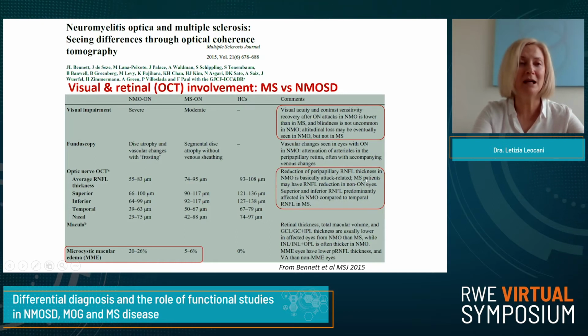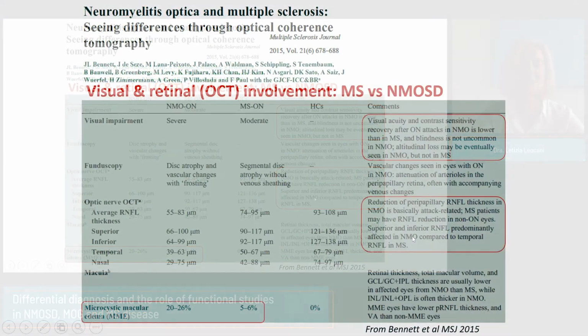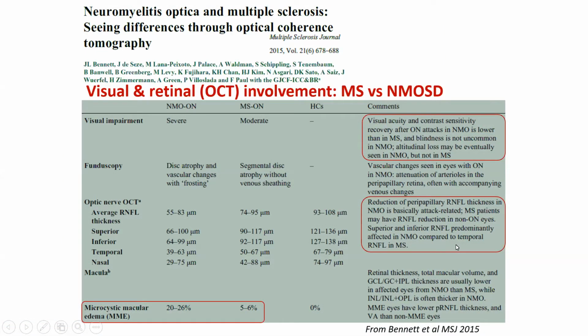And that subclinical occurrence of abnormalities in RNFL thickness are most frequent in people with MS. And we can also consider that people with MS tend to be affected mostly in the temporal region, while the superior and inferior quadrants tend to be mostly affected in NMO. And there is another phenomenon, which is macrocystic macular edema, which tends to be more frequent in people with NMO